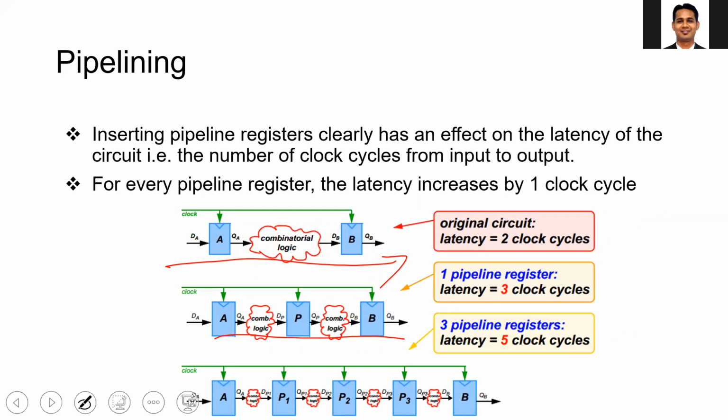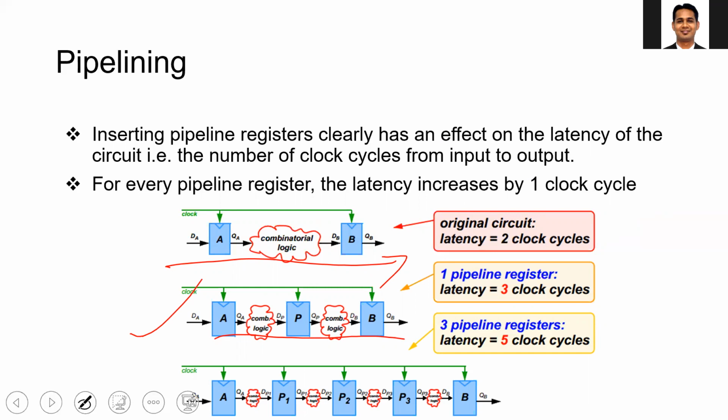5 clock cycles. So there will always be a trade-off. You get a better clock frequency, but your latency has increased to 5 clock cycles. That trade-off will always be there, but it depends upon the application what you want to achieve. But you can see that you will get very high throughput in the case of the pipelined circuit compared to the non-pipelined circuit. Throughput means the rate at which you are producing new outputs, and in most applications, throughput is more important than latency.